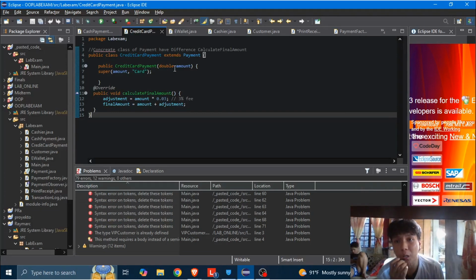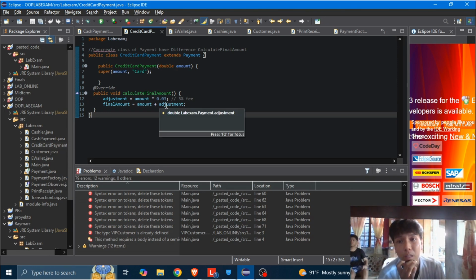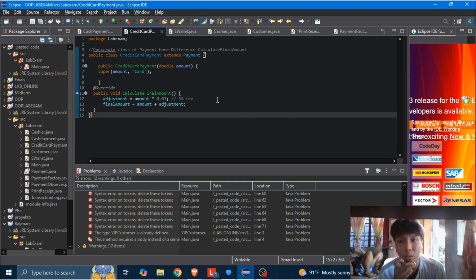Here, the credit card payment class is another specific type of payment that extends the payment base class, allowing it to inherit the common properties like the amount, adjustment, and the final amount. In its constructor, it passes the given amount to the parent class and sets the payment type to card. It demonstrates polymorphism by overriding the calculate final amount method to apply its own computation rule for